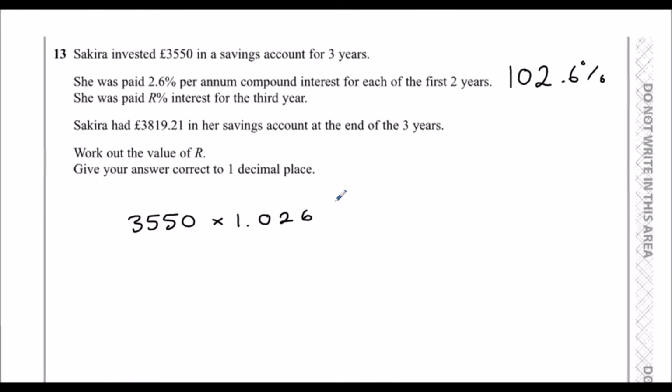So to change a percentage to a decimal, divide by 100. So we're going to add on 2.6% for 2 years, and then we're getting something else in the 3rd year, which we don't know. So I'm just going to say times x, times something else. We're going to work out what this multiplier is, and that will give us